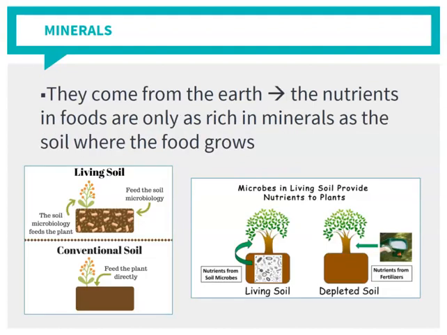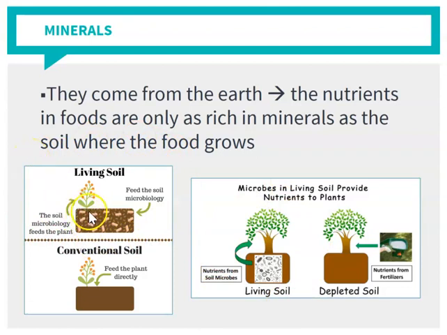So where do we get our minerals? They're coming from the earth, and the things that we consume are only going to be as nutritious as the soil in which they are growing. If we had done our talk on chapter 12 on sustainability, we would have talked about farming methods that are good for the earth and good for the environment. Because they are good for the earth, they also have lots of microbes growing in the soil